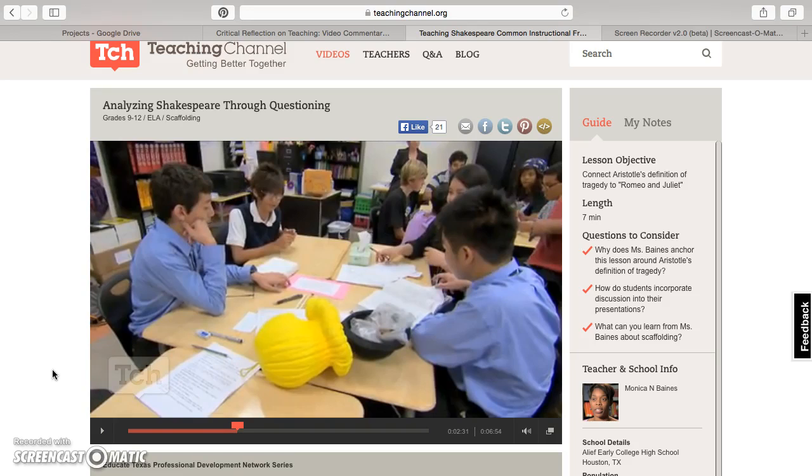Each group gets to work together and pull information together that proves their point. For example, saying that Romeo is a good person, they get to pull points from the readings, from the play, and prove that. They get to talk to each other, discuss, and pull information together, and then later they present it. So each group presents information, and the class together determines if the definition that Aristotle came up with does apply to Romeo and Juliet. Each student gets to work together in a small group, and then the class collaborates to make one whole finished product, which I think is really good.